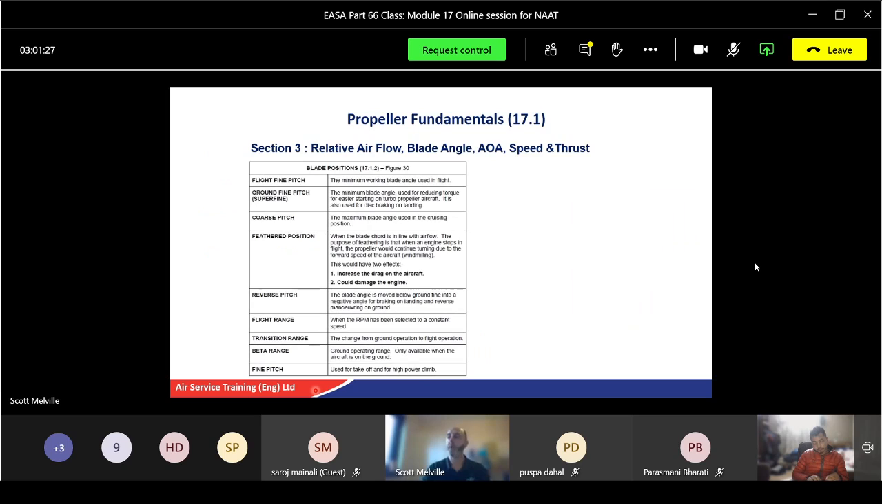Okay, we're now going to look at the positions of the blade in the hub and a few terminologies. At the top here, we've got flight fine pitch. That's the minimum working angle, in other words, a positive angle of attack the blade is angled at to get some sort of thrust. Then we come down, we've got ground fine pitch. That's the minimum blade angle used for reducing torque for easier starting on turboprop aircraft, and also used for disc